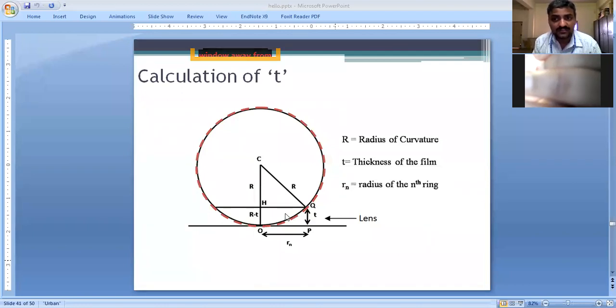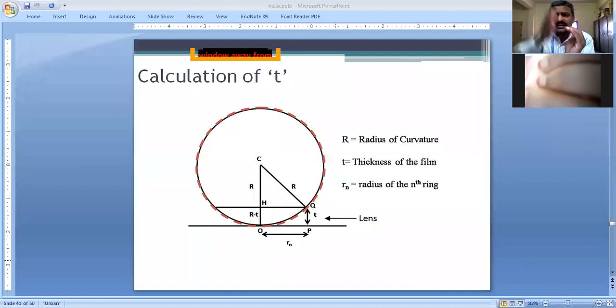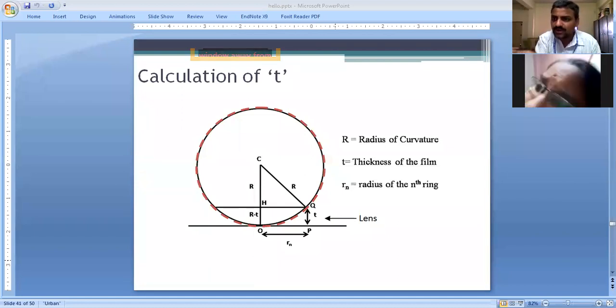What is meant by radius of curvature for a lens? See, if you see the lens from the top, it is going to be a circle, whereas it is actually a part of a huge sphere. Simplest example, you take a watermelon in spherical shape. Now, instead of cutting it at the center, you slice it from the side. Don't take it at the center. You slice a piece from the side. You are going to get some kind of plano-convex lens, right? So that plano-convex lens is our lens here. I hope you can understand this.